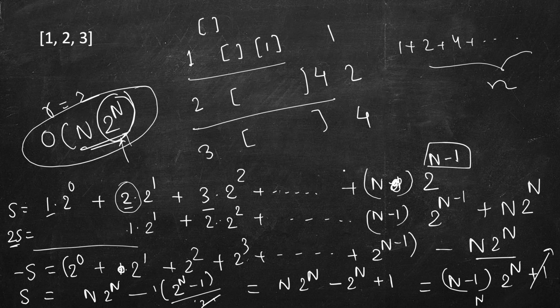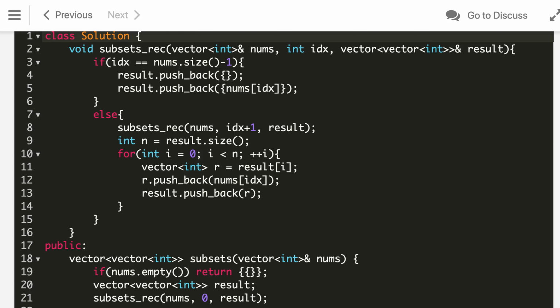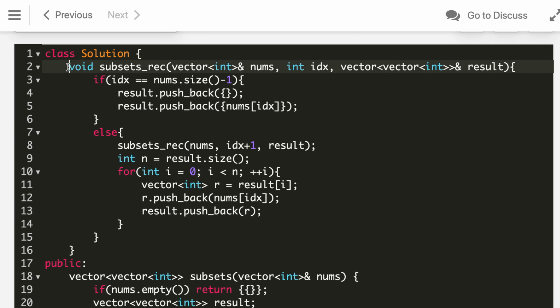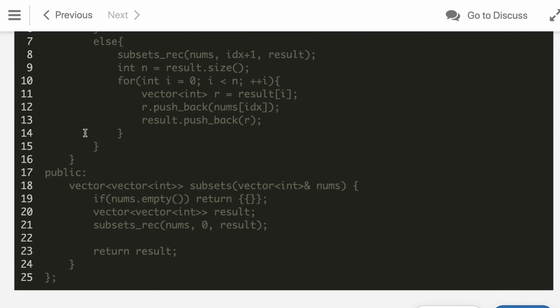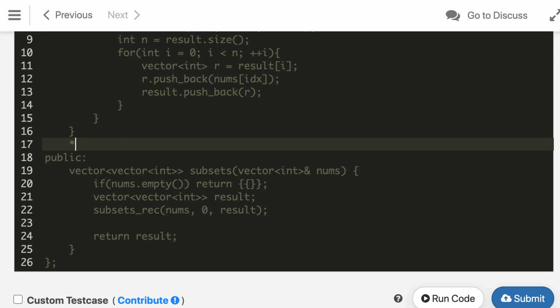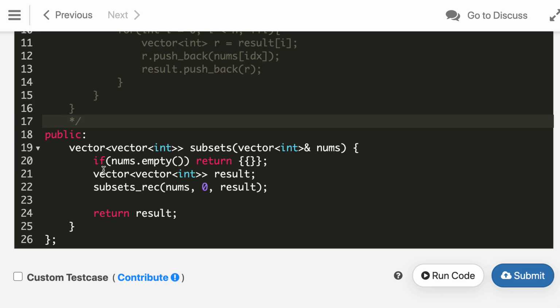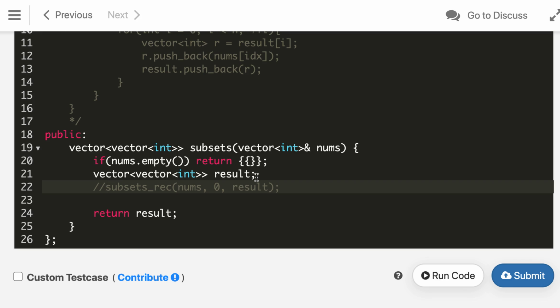Now let's write the iterative solution. So let's comment it out. And let's initialize it to an empty solution.